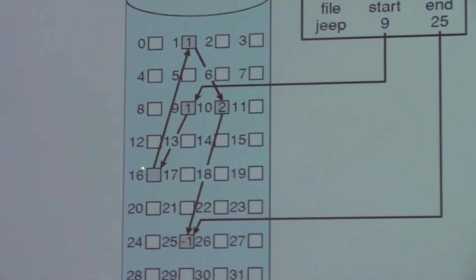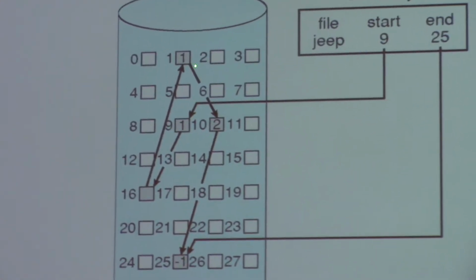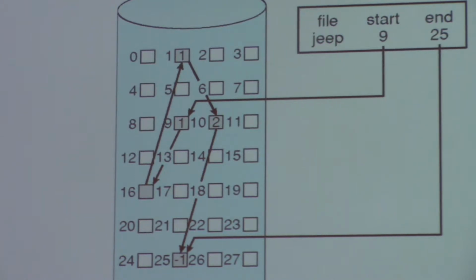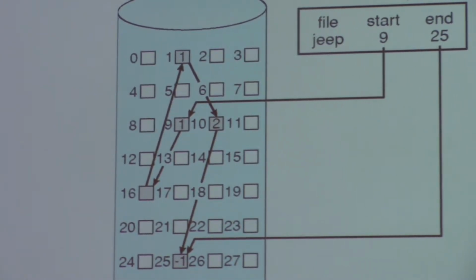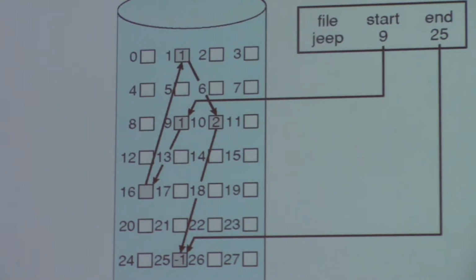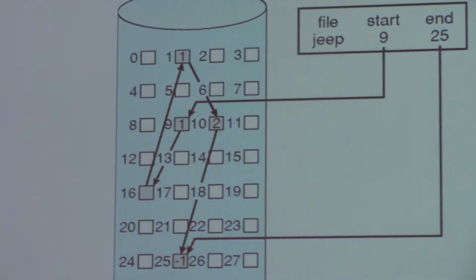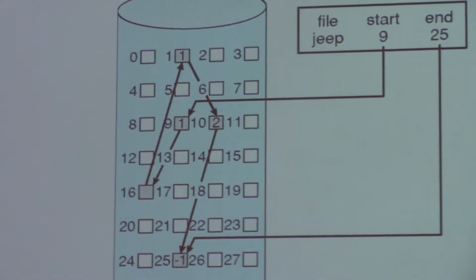Then at the end of the block, it has a pointer to the next one, 1. And so on, until -1, which means no data but indicates the end of the file. So this is linked allocation. Linked allocation addresses the fragmentation problem of contiguous allocation. Even though you have enough space, if it is fragmented, you cannot use it. So instead of the contiguous one,